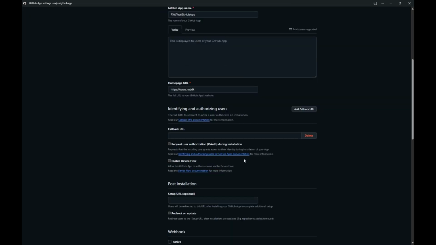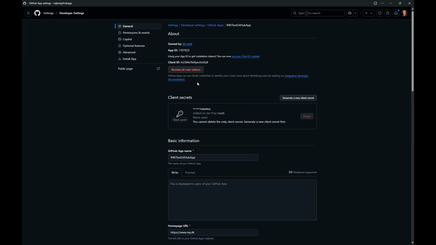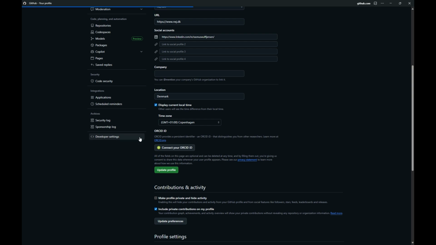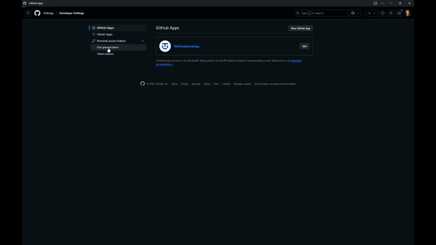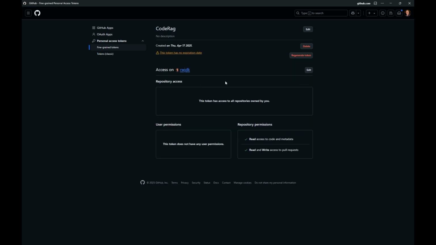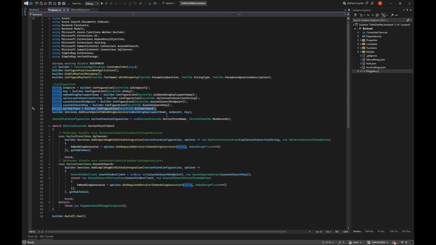All it needs to do is, let me, that is actually not the right key. Let me find the right one. We need the personal access token key. Here it is. And this is my key, which just has read access to my code. And in my case, I also give it pull request access, but that's not needed for this scenario. So you just need to make a key. And then we have everything we need.